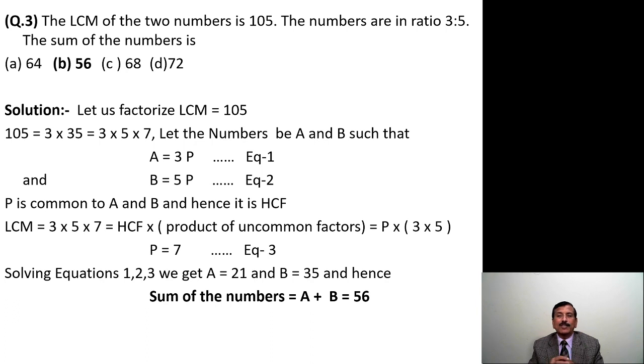The LCM of two numbers is 105. They are in the ratio 3:5. So one number I can take as 3p, the other number I can take as 5p, and then these two equations, we solve them, we get another equation, that is equation number 3, giving us the value of p, and then substituting the value of p, we get the answer. Next,